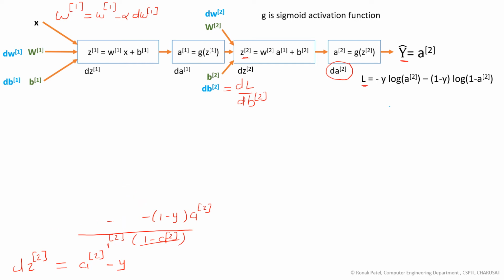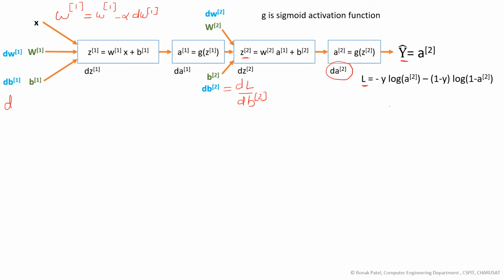Okay, now next we will see what is the impact of a1, the output from layer 1, that is a1. What is the impact of this on loss? Because we require this for z1. So we'll calculate dl upon da1, right? So based on chain rule, we can write it like this: dl upon